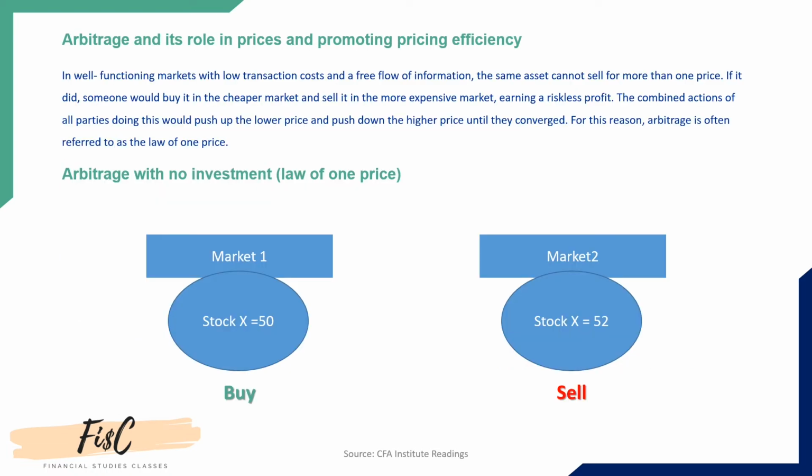Now we'll learn about what arbitrage is, a method where you are going to earn profit without taking any risk. This is a profit where you are not investing anything, but still you are making money. So what happens is that there is a law of one price which says that an identical object has the same price in every market.